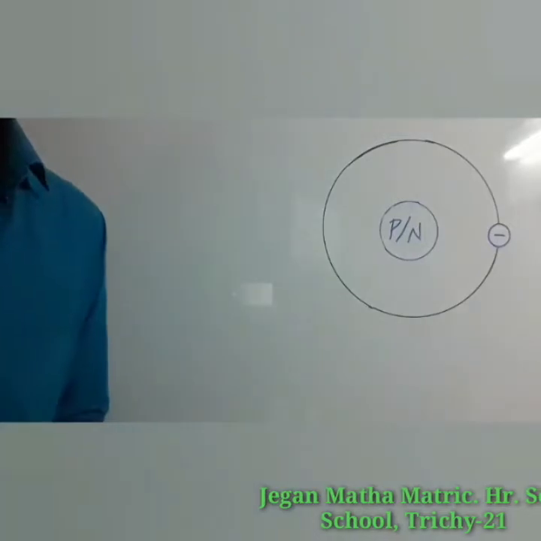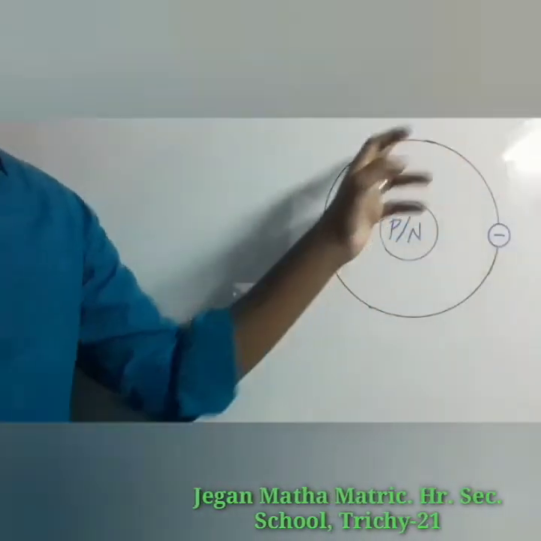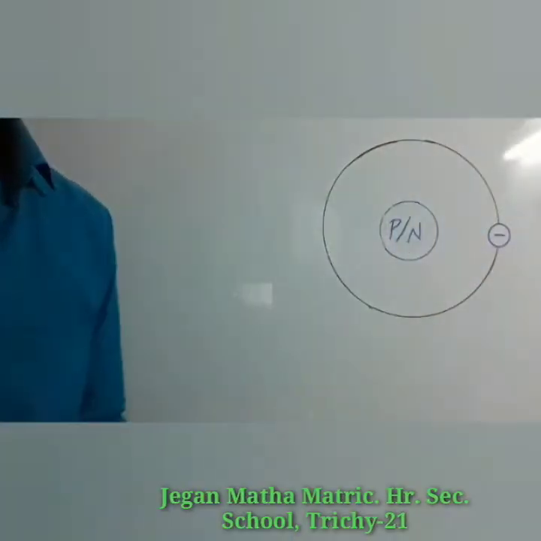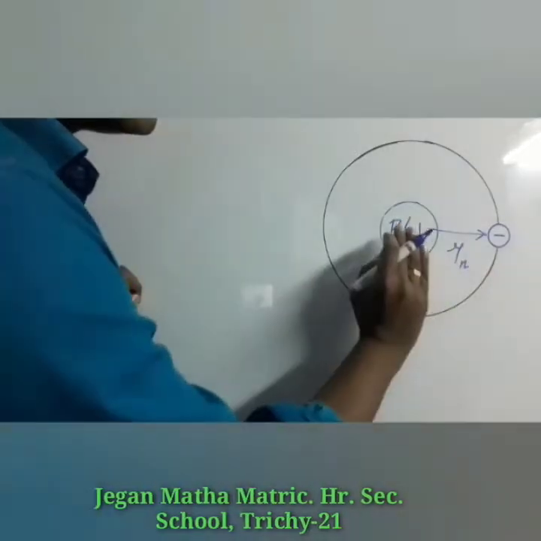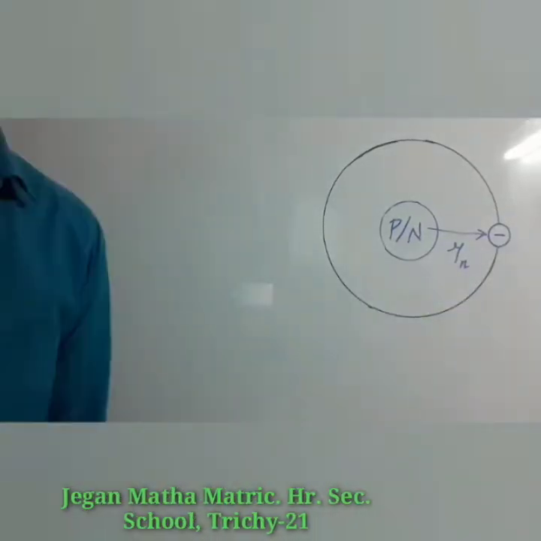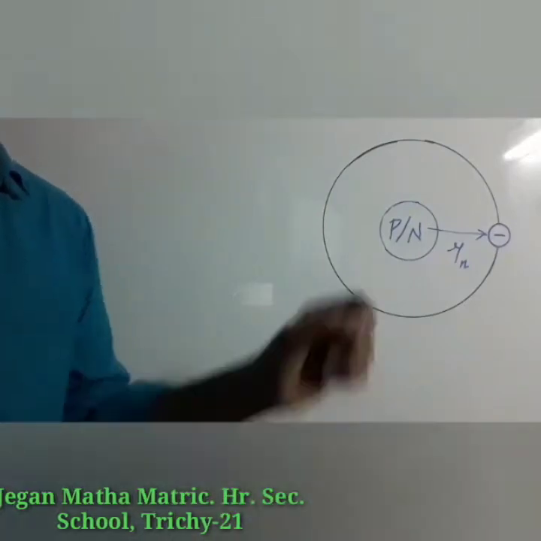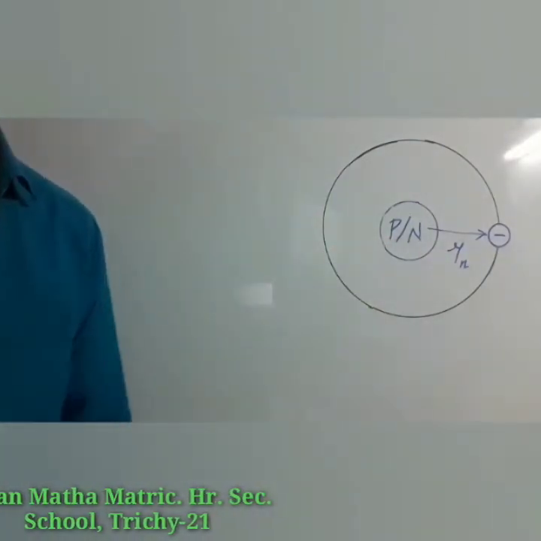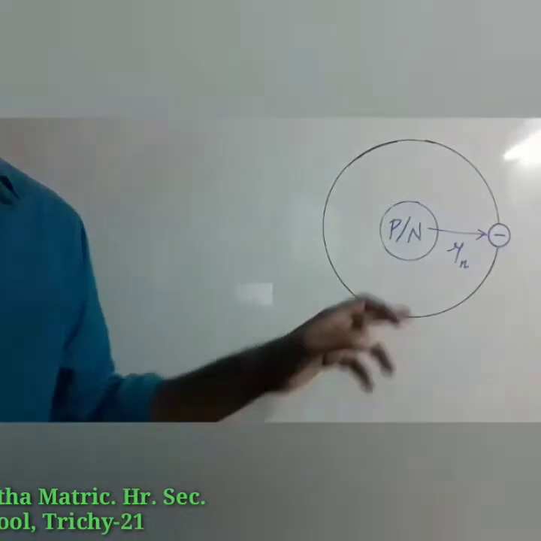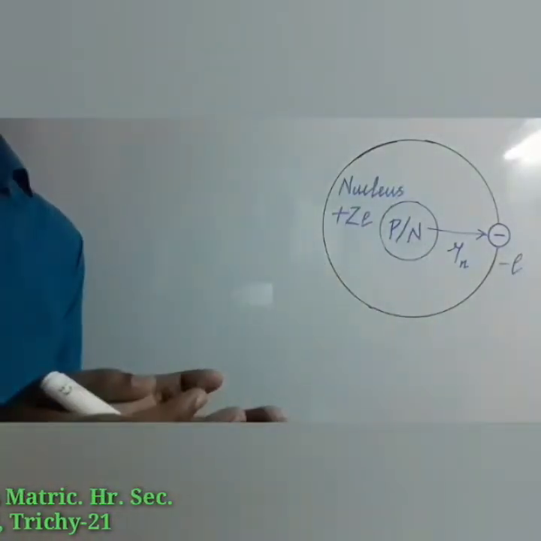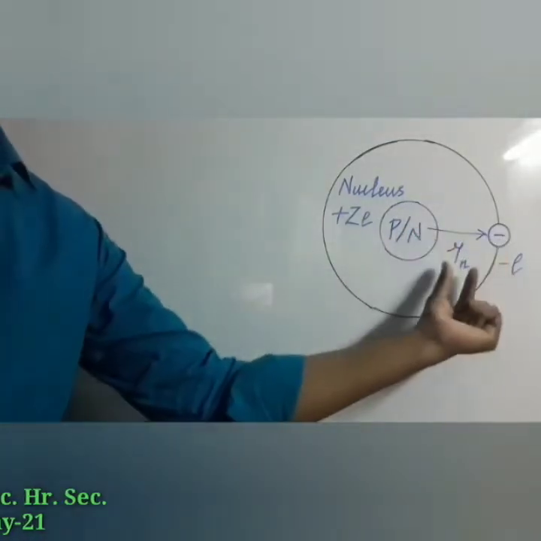Consider an atom which contains the nucleus at rest, and an electron revolving around the nucleus in a circular orbit of radius Rn as shown here. Rn is the distance between the nucleus and that electron. Nucleus is made up of protons and neutrons. Since proton is positively charged and neutron is electrically neutral, the charge of the nucleus is entirely due to the charge of the proton. Here there is a collection of positive charges, and there you have the negatively charged particle. They are separated by the distance Rn.